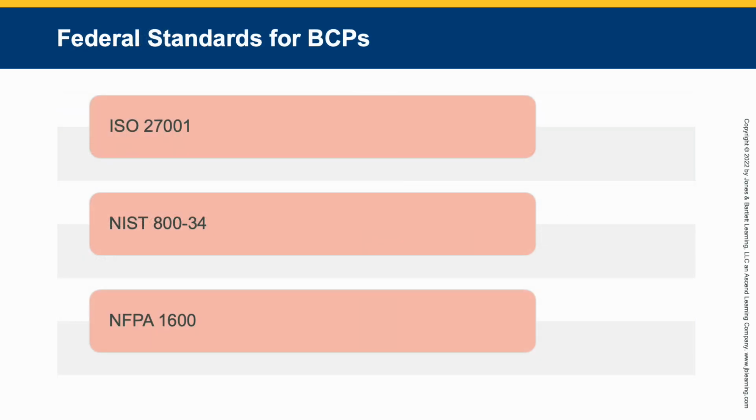Federal standards for the business continuity plans are ISO 27001, NIST 800-34, and NFPA 1600. Let's look into one example each, that how these are applied. ISO 27001 is an internationally recognized standard for information security management systems, or ISMS, which can be applied to enhance